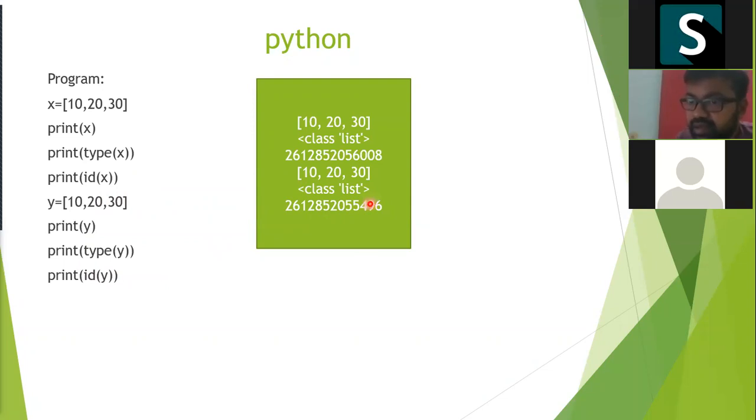Is it clear, Teju? An immutable object will verify whether the same content is present or not. A mutable object, even if we assign the same content to different variables, will not cross verify whether that content exists with our reference address in memory or not. So it will create the new object.